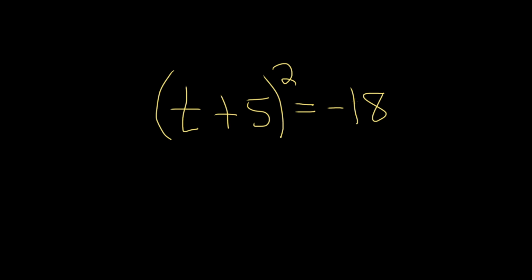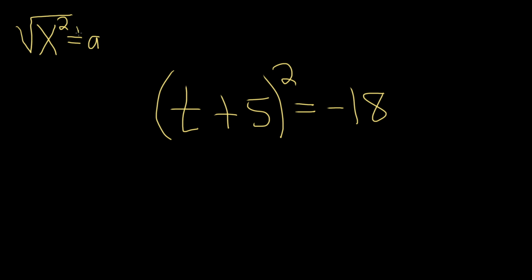In this problem, we're going to solve this equation for t. And to do that, we're going to use something called the square root property. So the square root property says if you have x squared and it's equal to a number, which we'll call, say, a, in order to get rid of the 2 here, what you do is you simply take the square